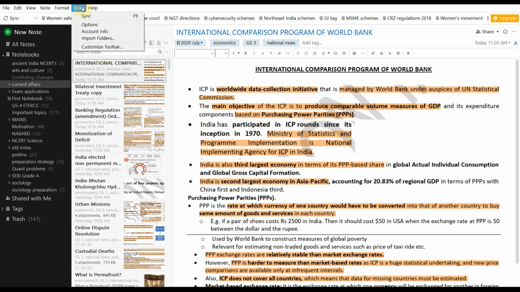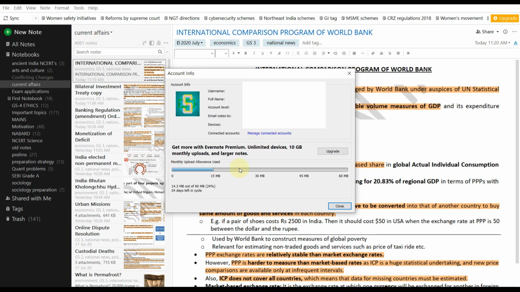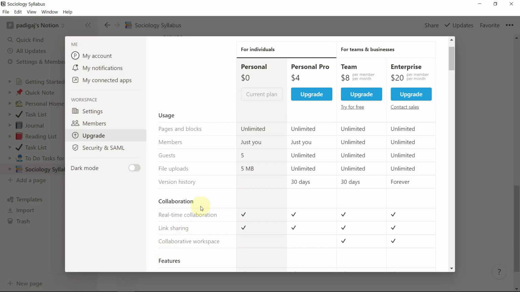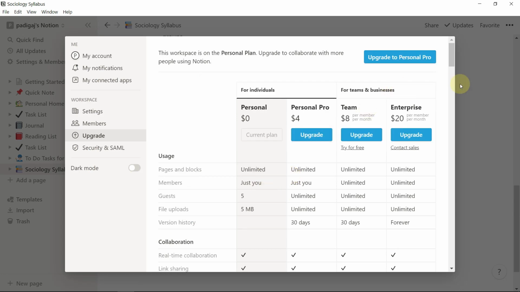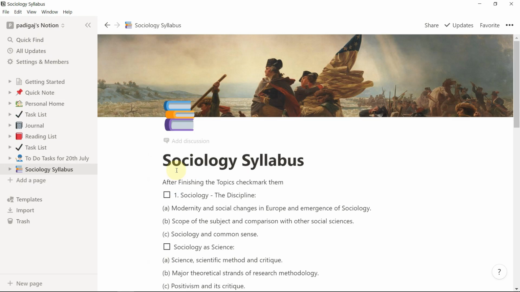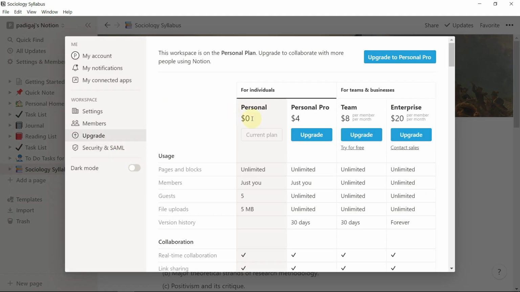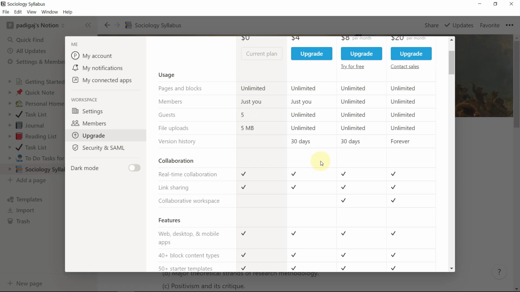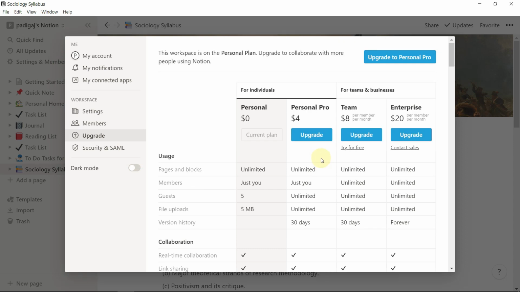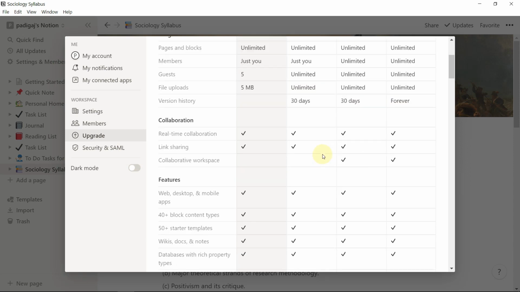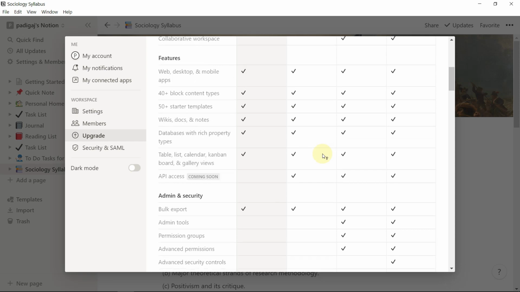if I open my Evernote and go to my account info, you can see that Evernote provides me 60 MB per month, and already I have used 14.3 MB. So you can understand how much less is 5 MB which is given for Notion. So I don't recommend Notion for creating current affairs unless you have the ability to buy the Pro pack. Like you can see Personal Pro is $4. Then you will get unlimited file uploads. Then it will be good for you to upload your current affairs notes and all. But for a free user, use Evernote for current affairs material.